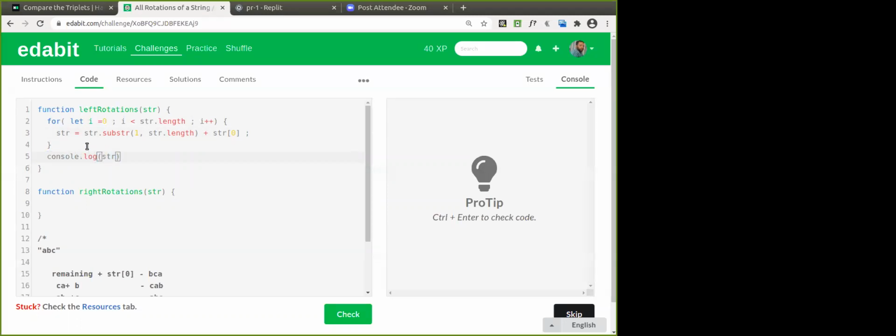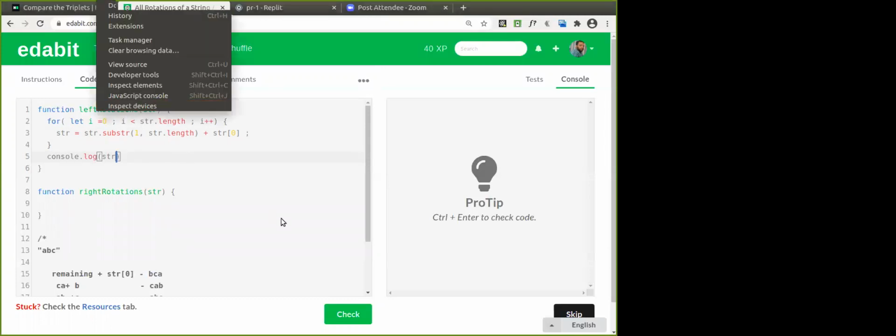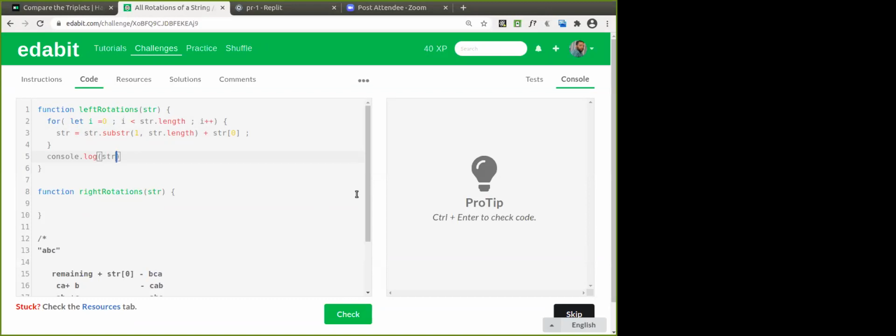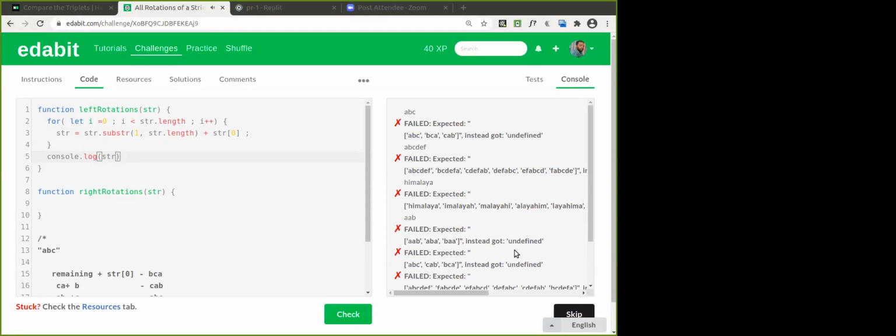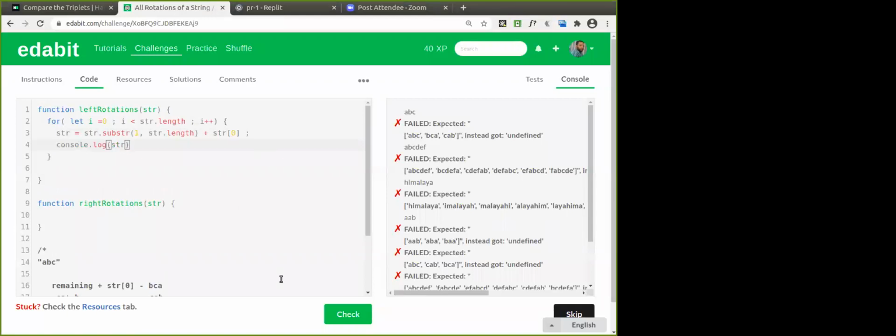Good. Let's see this one. console.log of str. Shall we check this one? Left rotation first, console.log of str. Yes, we have to write this inside the loop so that we get all the strings.